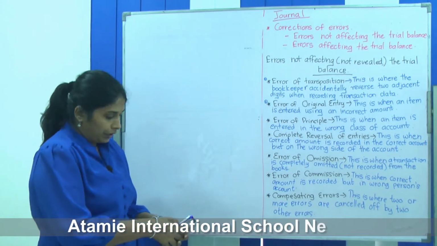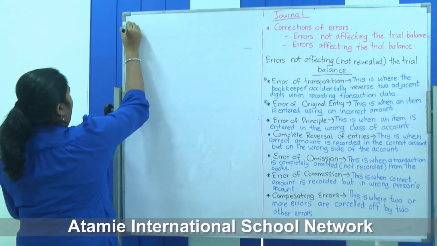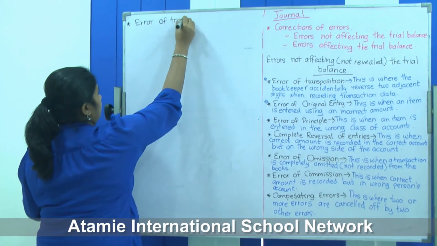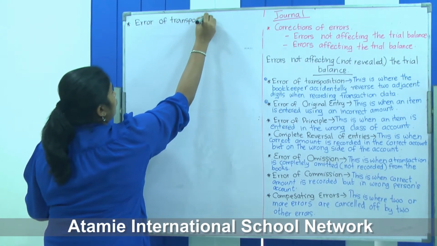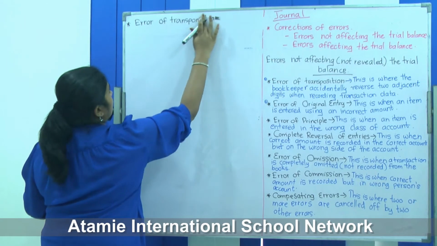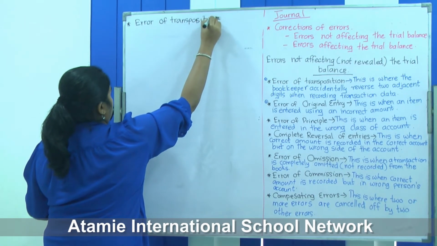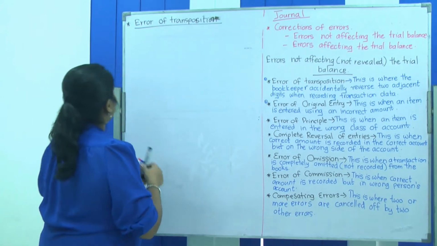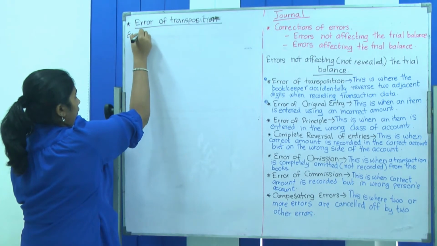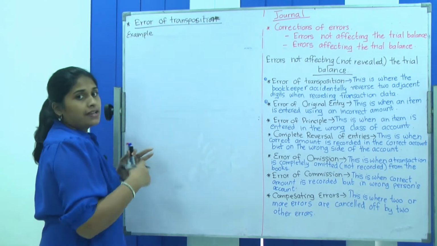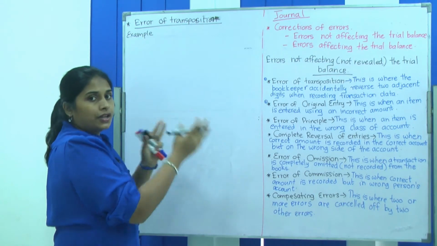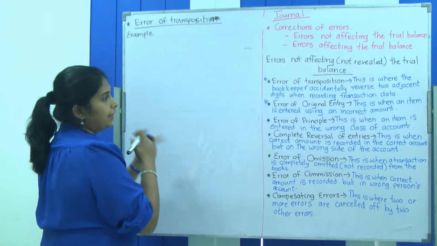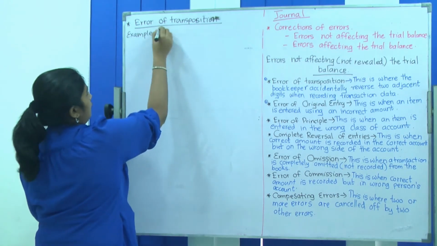Now I'll teach you how to record the journal for the first one, the error of transposition. I'll be using two examples, and I'll be doing workings for each. First, the example. I have told you that an error of transposition means the bookkeeper accidentally recorded the adjacent digits in reverse. So, example: